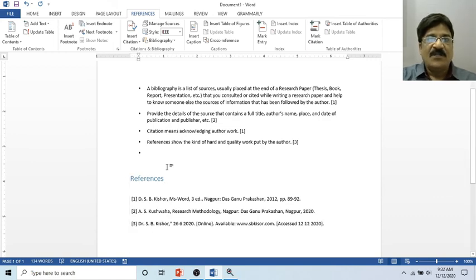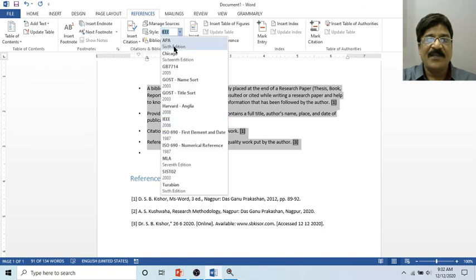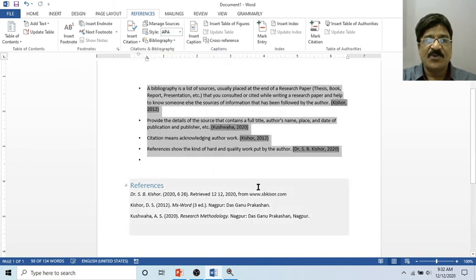Now if you want to change the style, for example, this is IEEE, and later on you want it in APA, simply click on APA and that's all. Observe that the reference list has been updated automatically in the order of the author name.